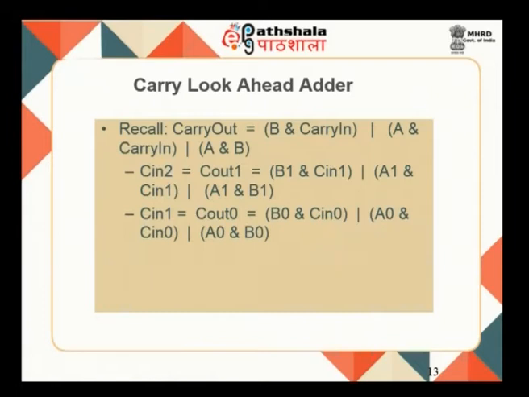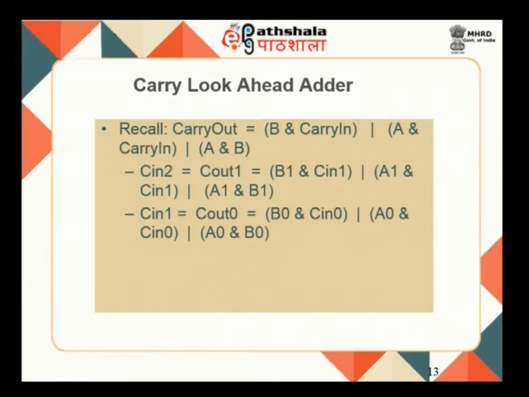So, what do we do to solve this problem? Fast addition is normally looked at using the concept of a carry look ahead adder. The problem with the ripple carry adder is that every stage will have to depend on the previous stage to finish its operation and generate the carry bit. So, the carry bit is the one that is causing the delay,